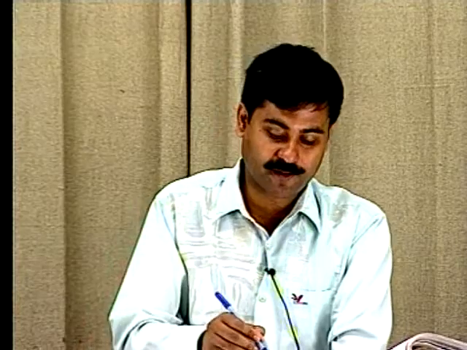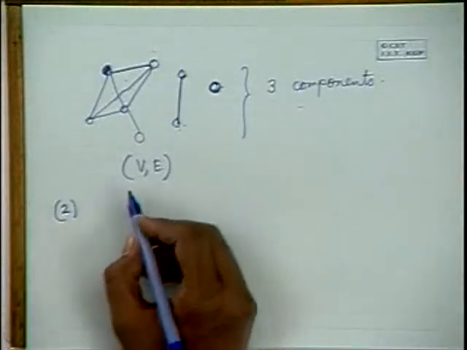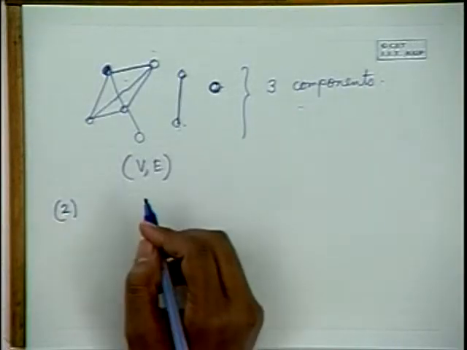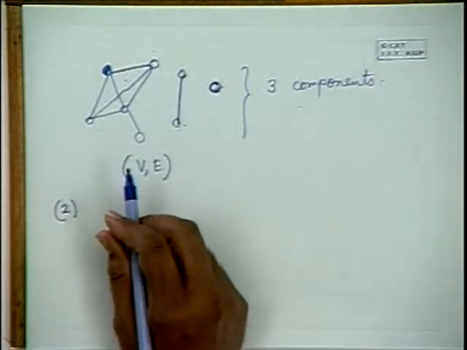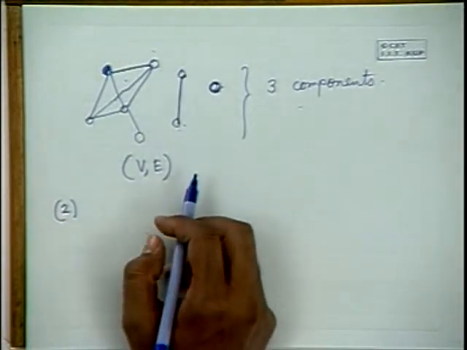Now there is another application of DFS. Yes, please. If the graph is directed, I have not talked about what happens if the graph is directed, because then I have to define what we mean by connectedness in a directed graph. So for the time being, let's not assume a directed graph. But again, even in a directed graph you can do this, but it will be a little bit more complicated.